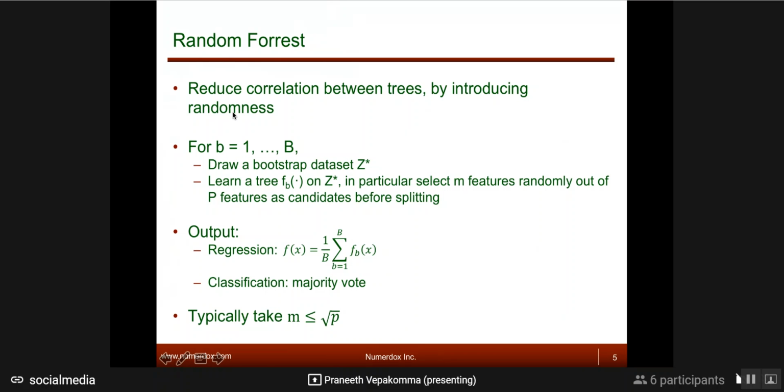Now let's see how each individual tree is grown. When you say a bootstrap data set, it means a subsample of your data set which is resampled. Resampling means sampling with replacement, so whatever you're getting might come again and again. You're trying to follow the distribution of your data when you're doing the resampling. So you grow a tree. Let's call one particular resampled instance of the data set Z star. You do this again and again because you want to resample B times. But now the question is, even for one resampled subsample of the data set, how do I grow a tree?